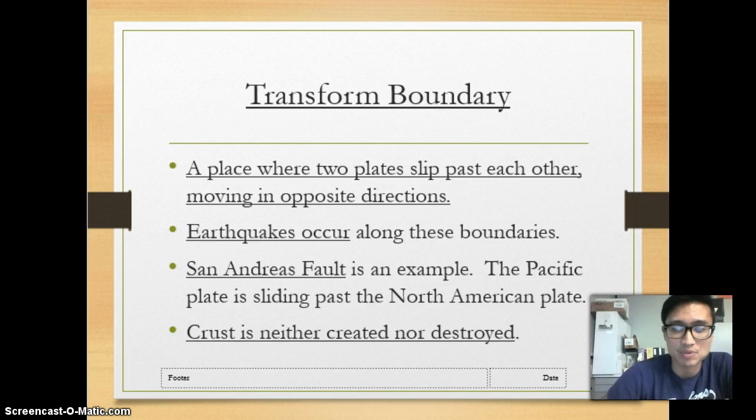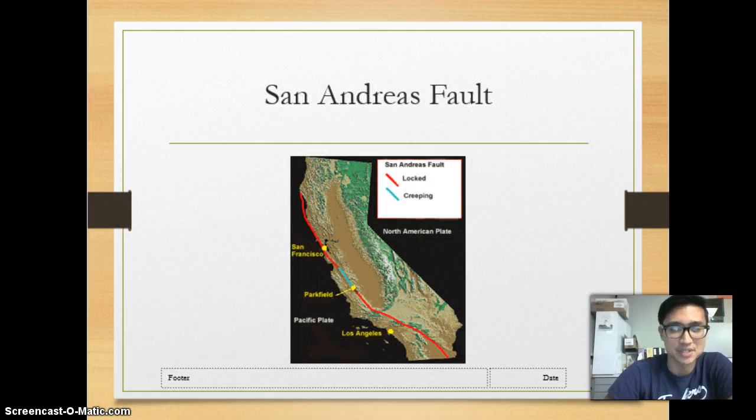Remember, your Snickers bars were really breaking up at that point. And there are some examples, including the San Andreas Fault, which is in California. And remember that when we're talking about those transform boundaries, crust is neither created nor destroyed. It's just kind of crumbling up, okay? A lot of seismic activity is going on. Here's a picture of the San Andreas Fault. It covers quite a bit of